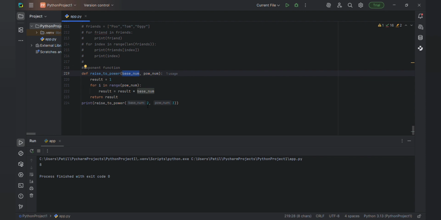We are checking 2 to the power 3. So first thing is, this is the function name, this is the base number, and this is the power exponential. It will call here, 2 goes as the base number and 3 is the power. Result: if you are doing multiplication you have to take 1, if you are doing sum then you have to